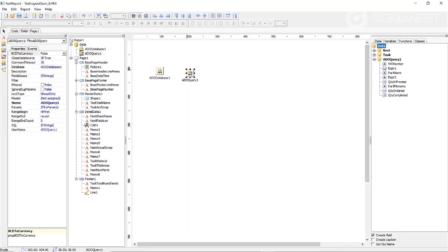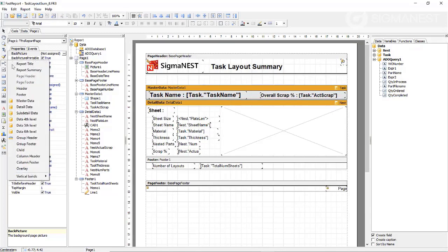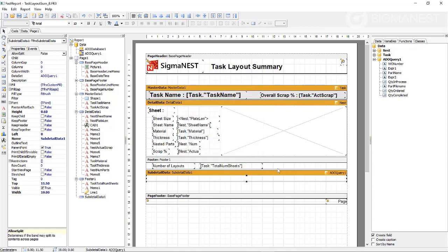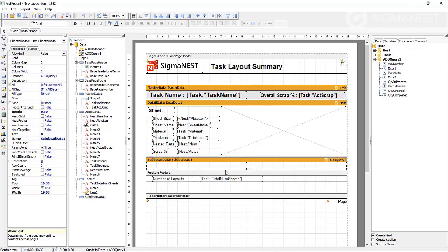Okay, now we can see down here we have the data from the parts and process and the parts field. From there we go to the page layout, and we're going to add a data band. We already have a master data and we have a detail data, so we're going to add a sub-detail data. It's going to be based on the ADO query that we've written. Move it above the footer, and then we are going to drag the work order number,